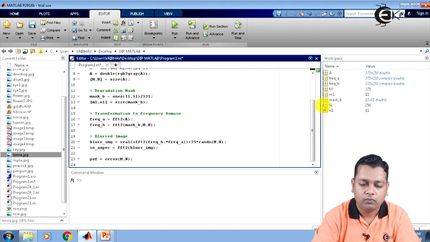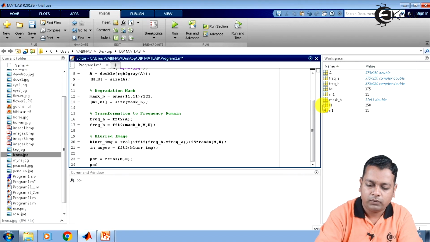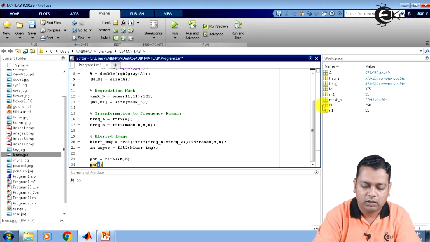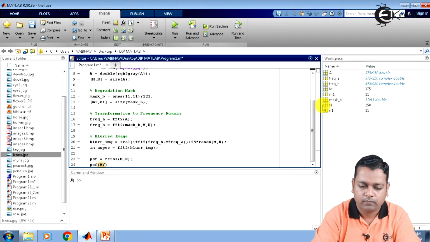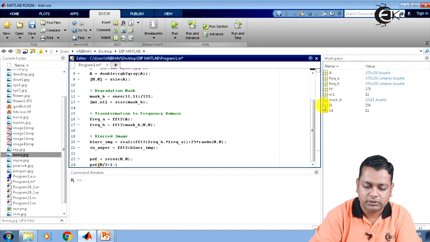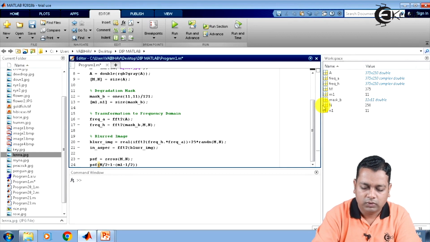Further, we have the PSF computed for the dimensions: we make m divided by 2, added with 1, minus the shift represented by m1 minus 1 divided by 2, up to capital M divided by 2 added with 1,